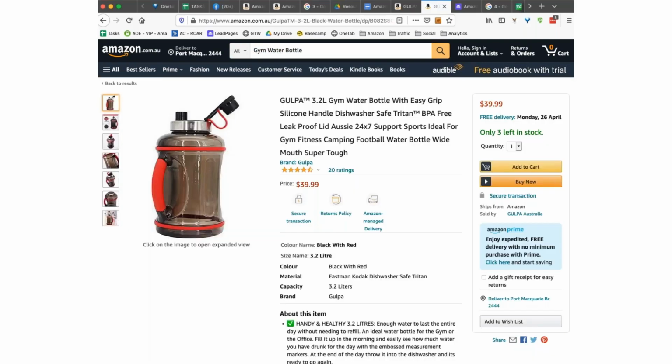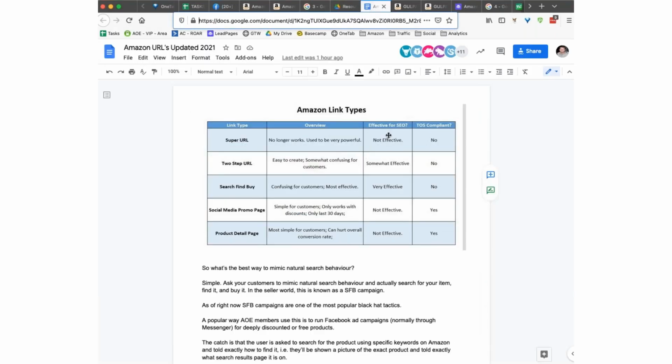Okay, that's kind of how that works. So that's a two-step URL. You can see here, easy to create. It is a little bit confusing for customers, and it's somewhat effective. Okay, now the best,